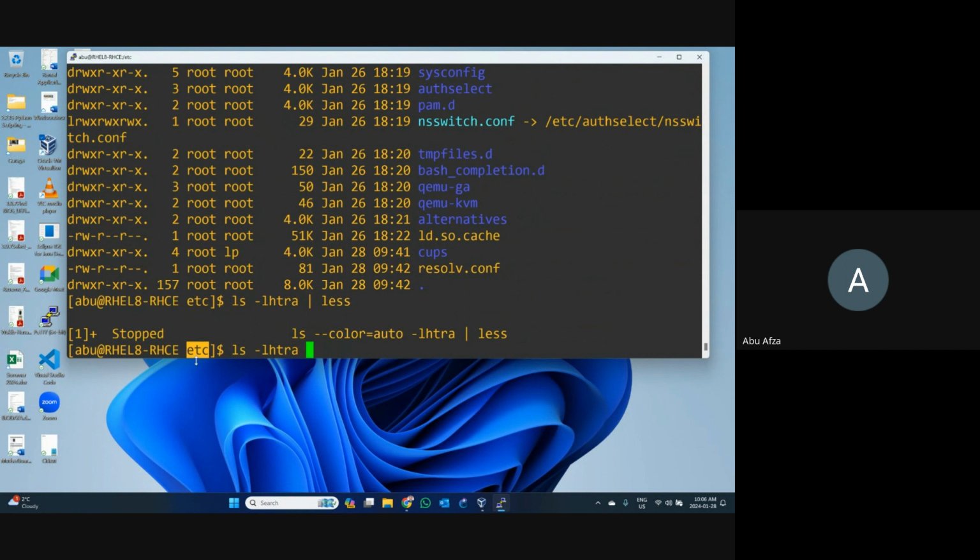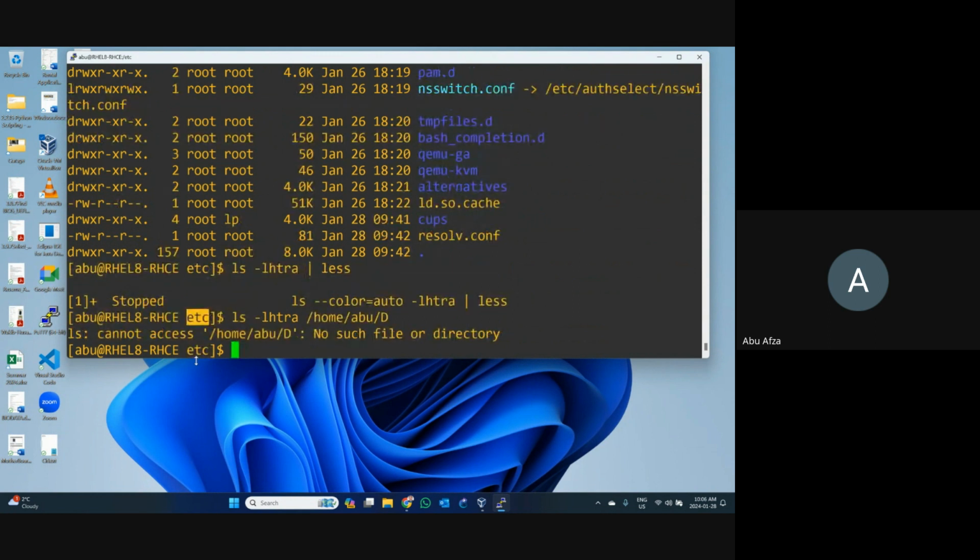Let's write it this way and check it. I want to go to the home directory and check in my user slash. Is there anything starting with D or not? Press enter. Then we can see no such file is available.